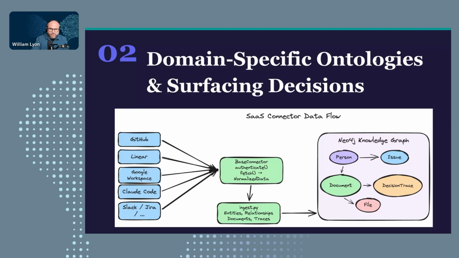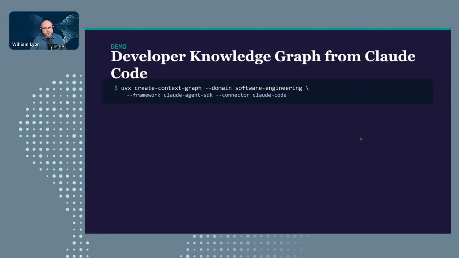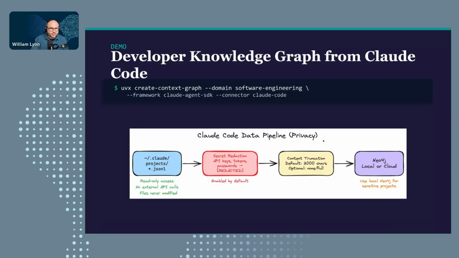There may be a few others that we've added in there. But the basic idea is we can include a connector, or you saw when we were going through the interactive flow, we were being asked if we wanted demo data or to connect to a SaaS service to